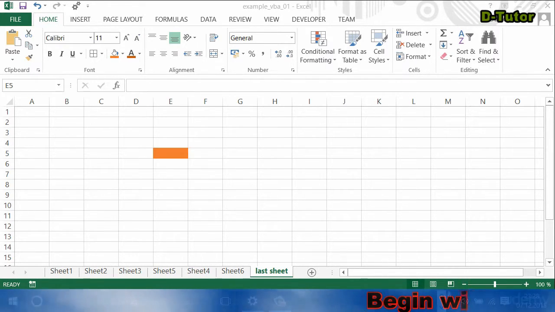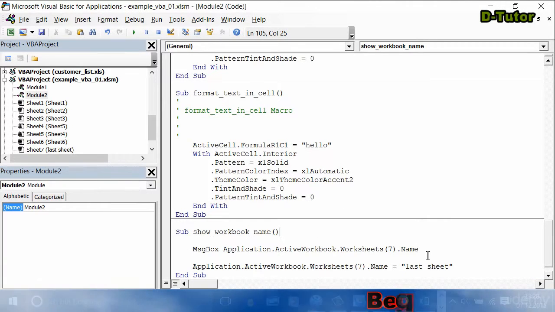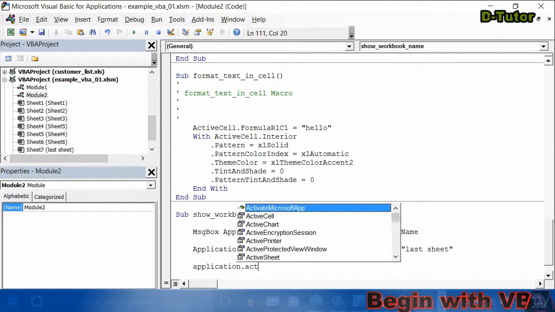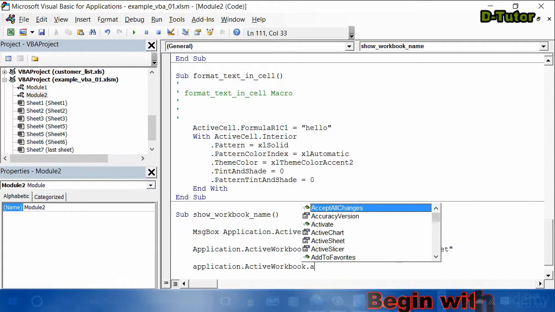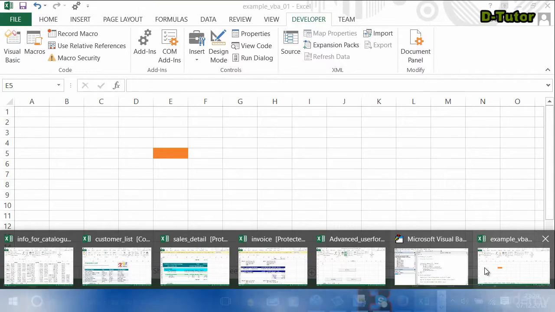I have to consider in the editor there: Application dot ActiveWorkbook dot ActiveSheet. I can select from here. And then I dot Cells. And we said before that we want to see E5, and